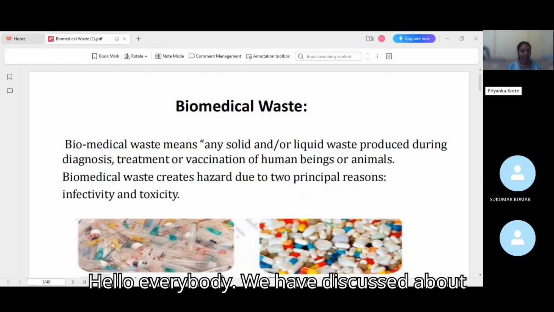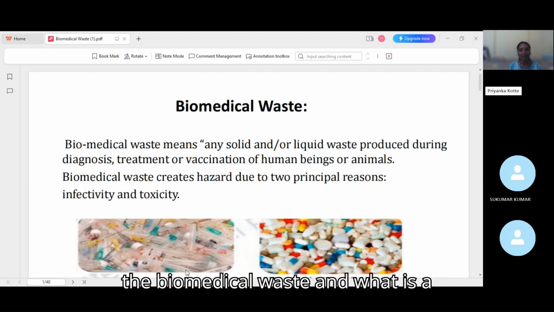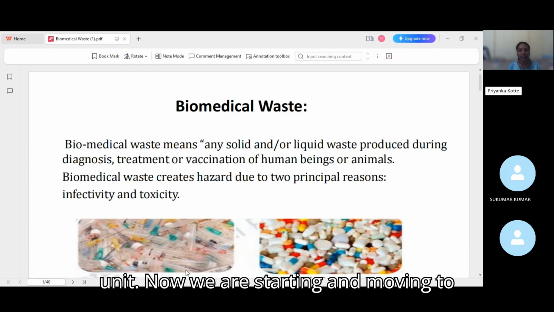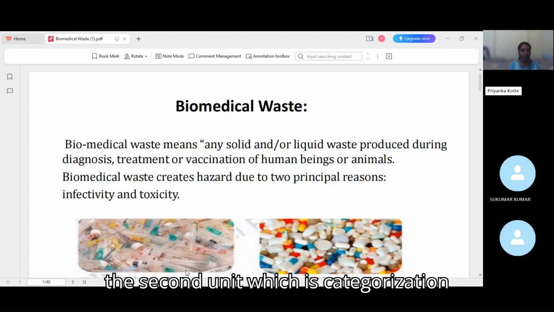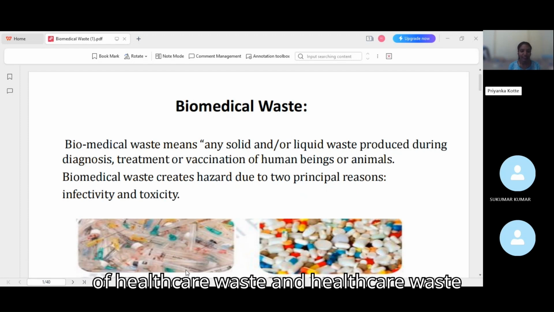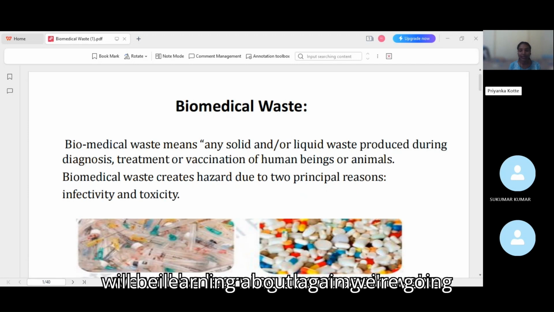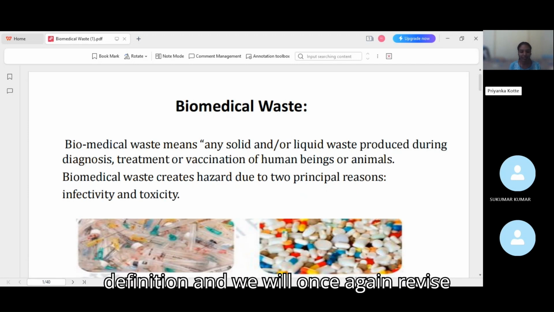Hello, everybody. We have discussed biomedical waste and what hospital and healthcare waste is in the introduction as well as in the first unit. Now we are moving to the second unit, which is categorization of healthcare waste and the healthcare waste management process. Under this, we will be learning again about the biomedical waste definition,